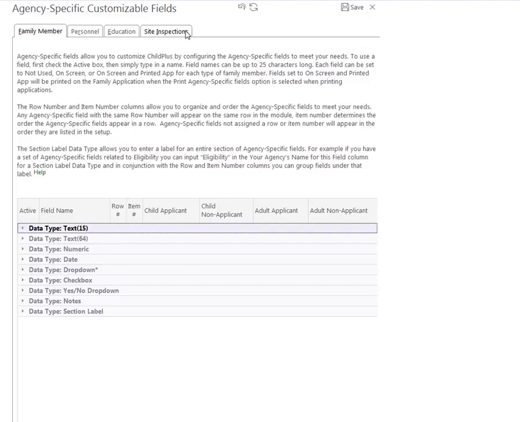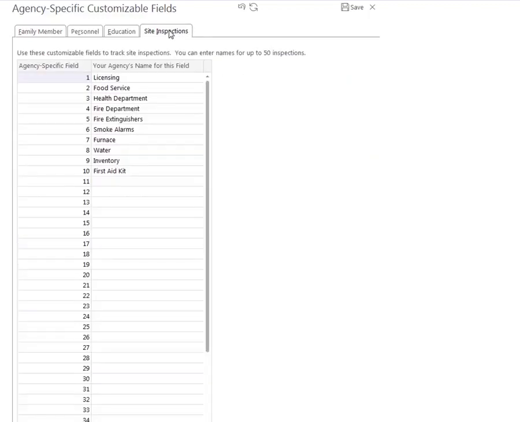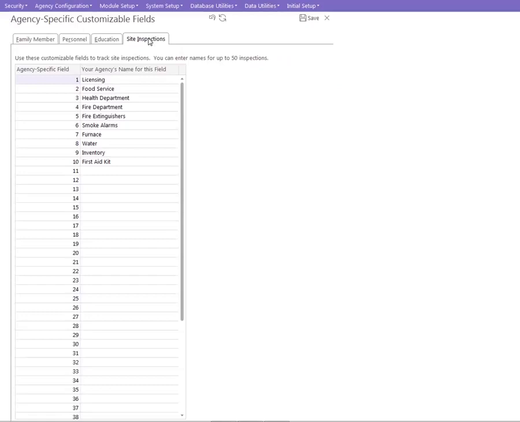Our last tab is site inspections. In step 3, agency information, we added in your sites. For each site, you can track up to 50 inspection items. Here is where you name those inspection items. Child Plus starts you with a list. We have 10. You can keep the 10 and you can start adding on 11,